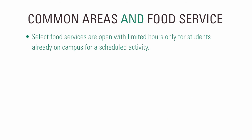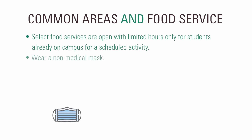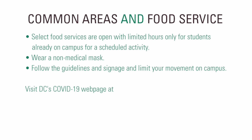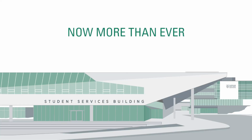At this time, select food services are open with limited hours only for students already on campus for a scheduled activity. While on campus, please wear a non-medical mask, follow the guidelines and signage, and limit your movement. Be sure to visit DC's COVID-19 webpage at www.durhamcollege.ca/coronavirus for a full list of what is open and closed on campus or operating virtually. Now more than ever, it's crucial